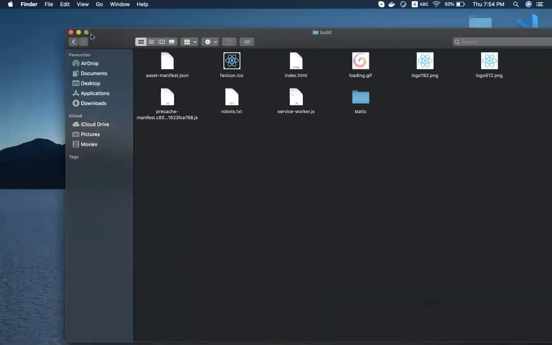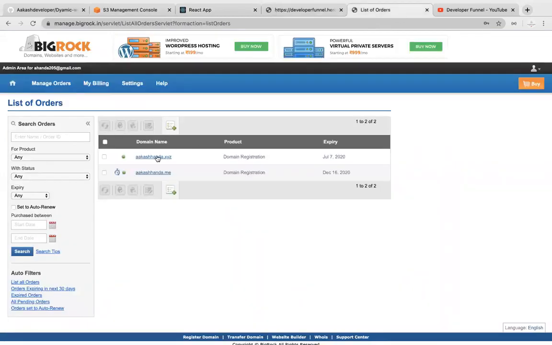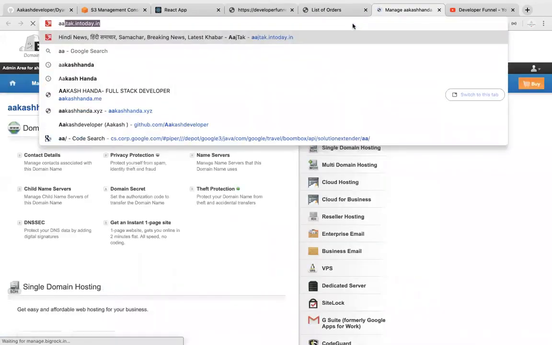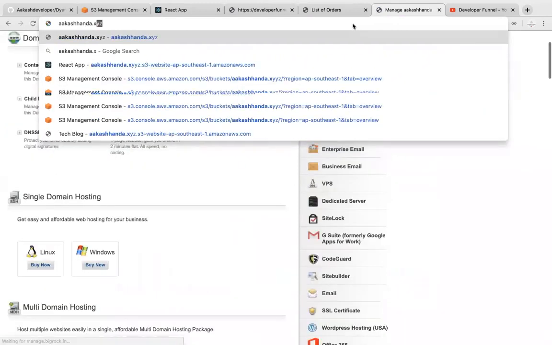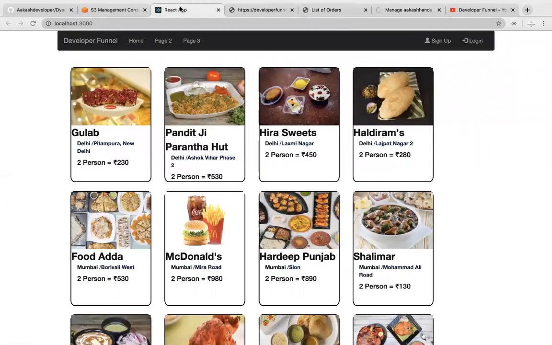Now, your next step will be to go to your S3 bucket and create a bucket. Basically, I have a domain name, akashhanda.xyz, where I want to host this website. Means when somebody goes to this particular URL, they can see this website running. So how exactly can I do all these things? I'll show you in a while. I'll just open it right now. It's going to come up blank for us because it's not yet connected. So we are learning three things here: how to host a dynamic website, how S3 works, how Route 53 works, and how to connect with the DNS. Quite interesting things that we're learning.